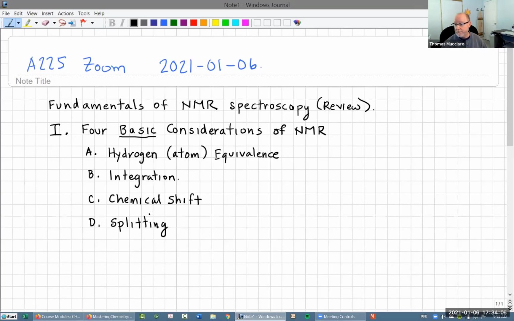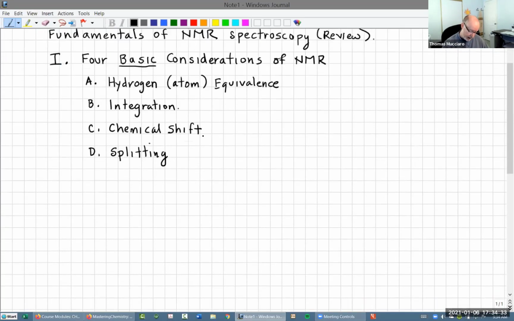Okay? And tomorrow, we're going to look at these areas again in a little more detail. So there's a basic level of understanding, which will get you through probably 90% of everything you ever needed to know about NMR. And then there's advanced stuff that if you were a chemist or doing organic chemistry or whatever, you would need to know this additional stuff. Okay, so we'll cover the advanced stuff tomorrow. For today, we're just going to hit this on a very straightforward level. Okay, so first of all,